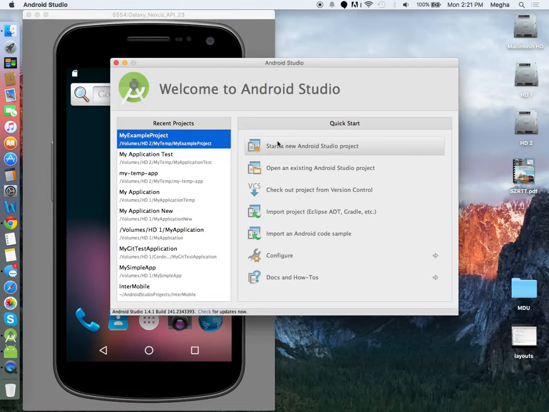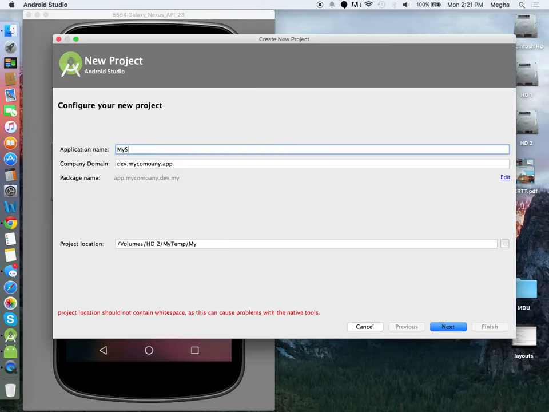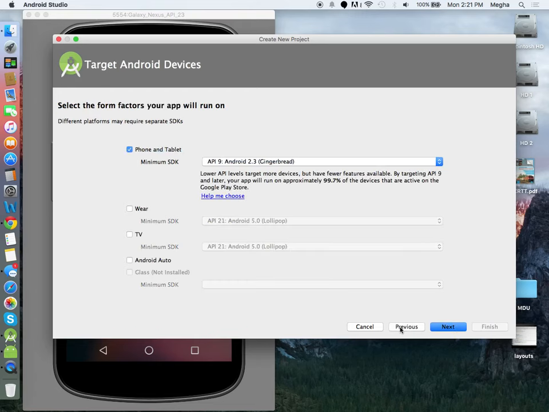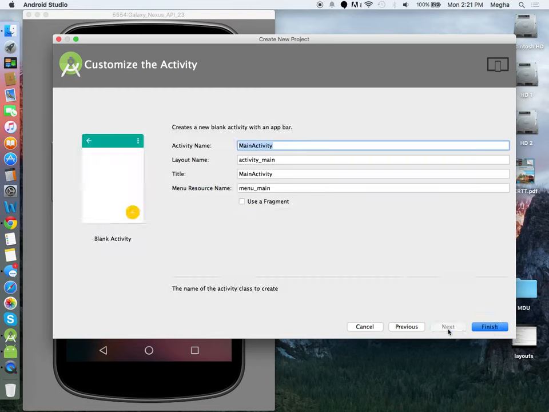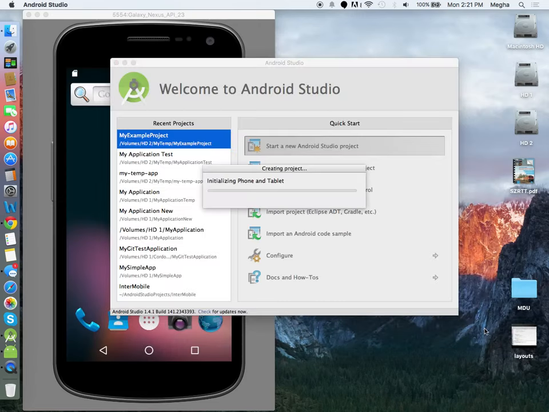Okay, I'm going to create a new project. Any name? Spadley Company. So it depends. Minimum support, what you try to give, it's up to you. Next, blank activity. I'm going to make the very first activity name into login activity because that makes sense. The first one is going to be for a login purpose. Finish.